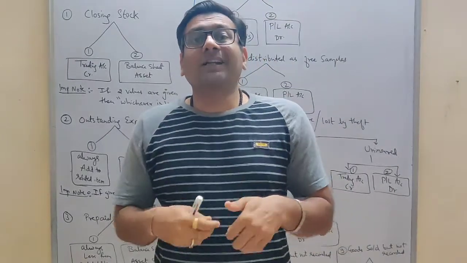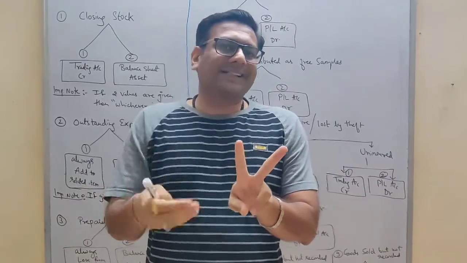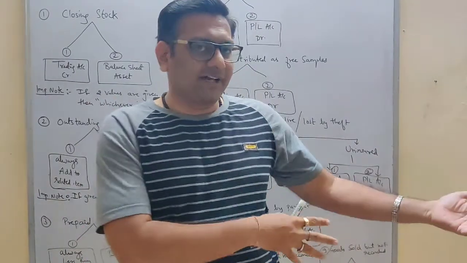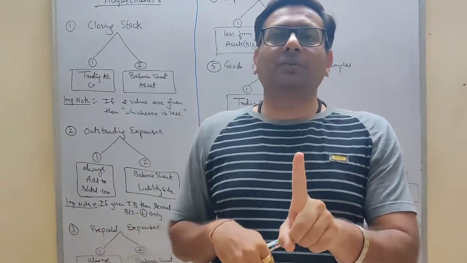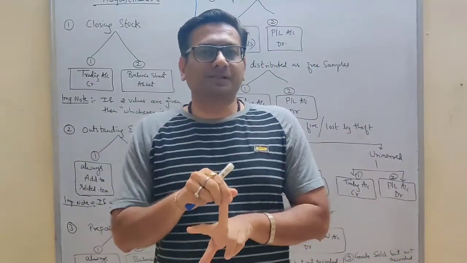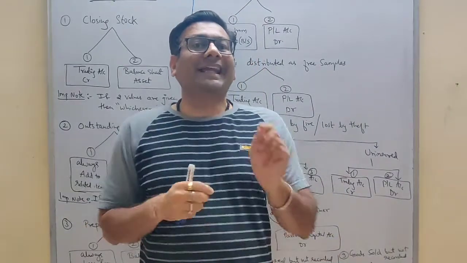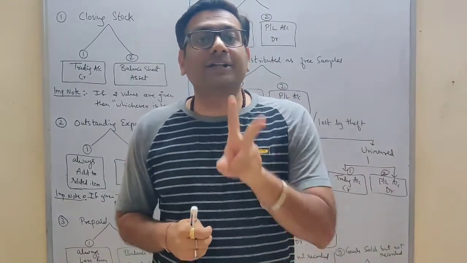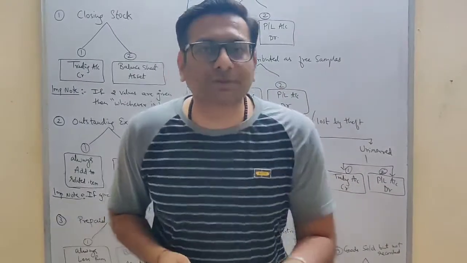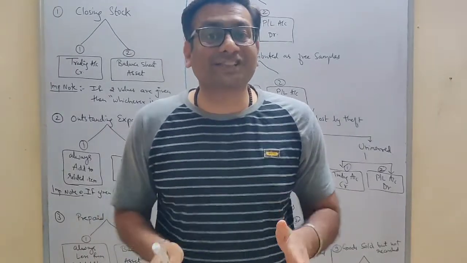So now what is the benefit of having this understanding? Trial balance, as it is recorded, when you make a final account you have to write only once. Why? Because it is recorded in the books. But what about adjustments? It is unrecorded. So when you are recording in your answer in final account, you have to write it two times. Why two times, students? Because we are following the double entry system.